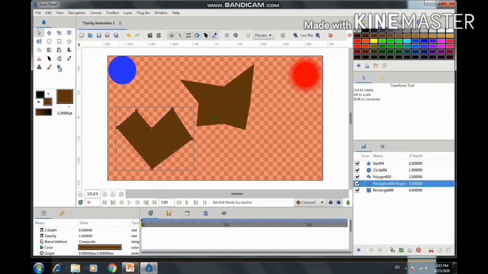Now suppose I want to change its color, then I select a color from here using the fill tool and click on it. Now suppose I want to make smooth curves. When I select this, I can see only this many points, right? So I am just closing the edges, and now here you can see I can create smooth curves.